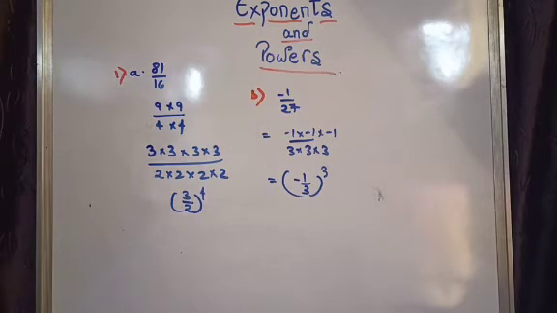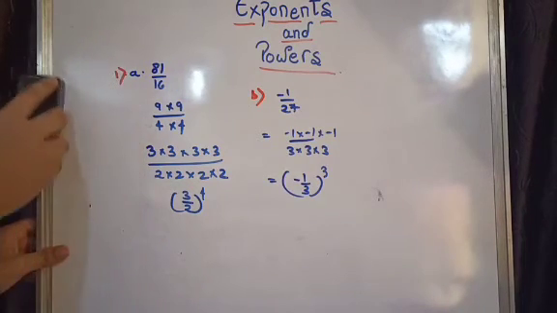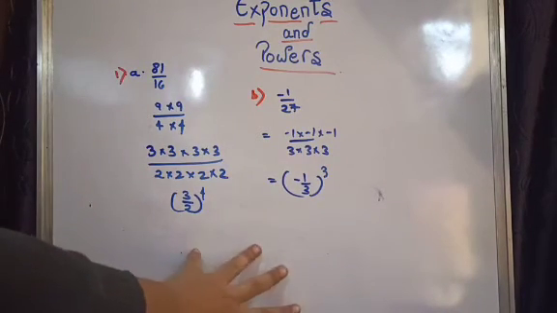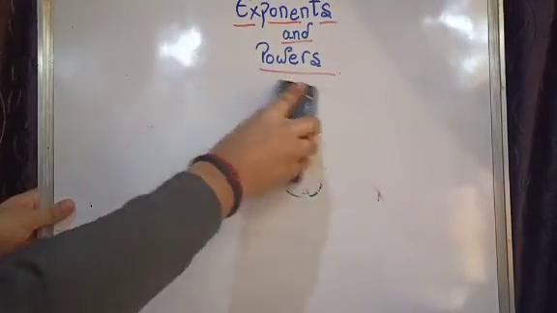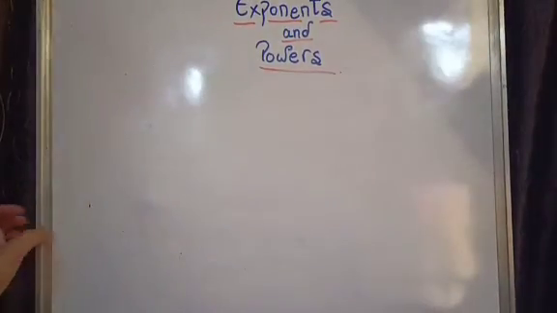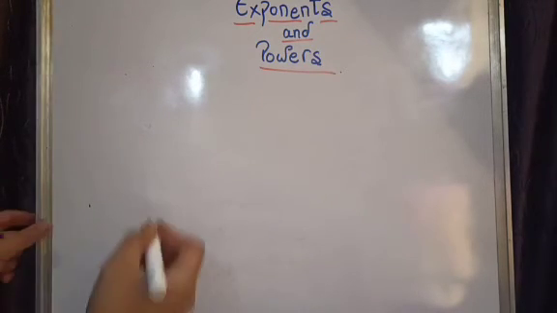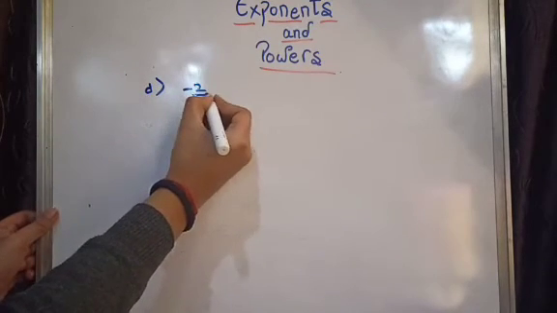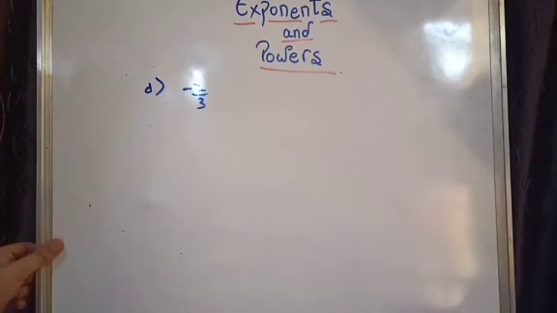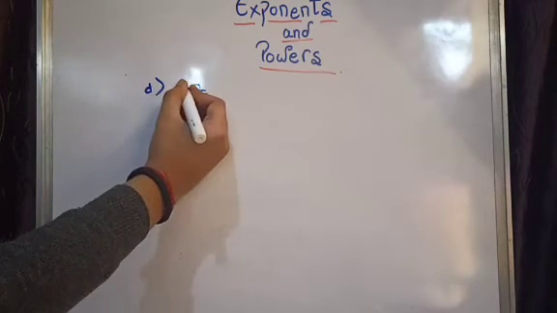I am not going to tell you C1. I am thinking that I should tell you D1, which can help you. You can take a screenshot of both these solutions. Now I am going to tell you D1. D1 is given: minus 2 over 3, with the bracket. Let me write it.